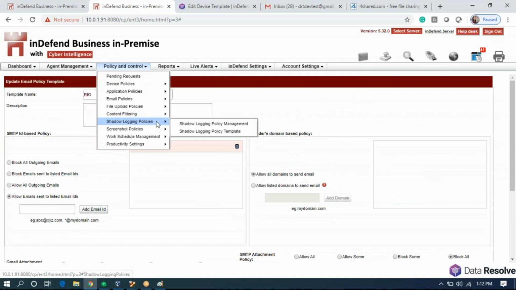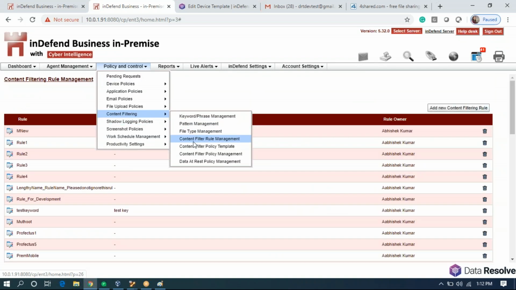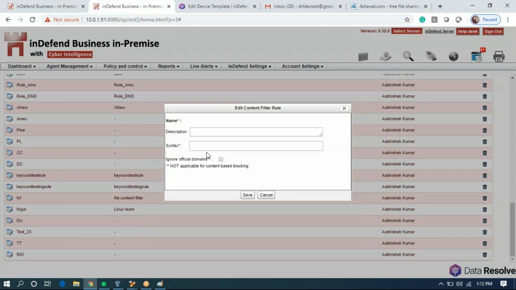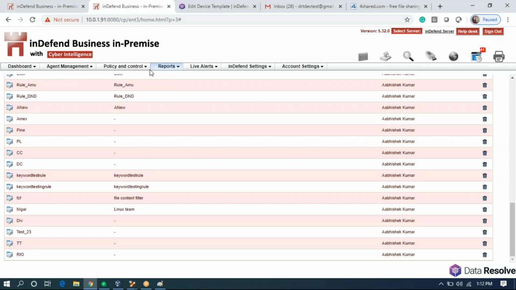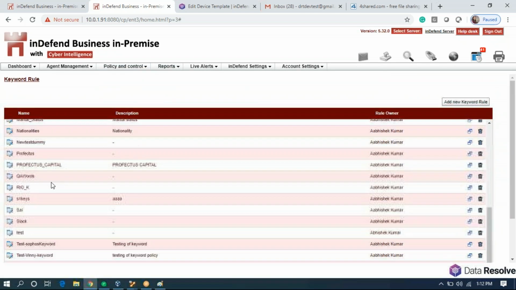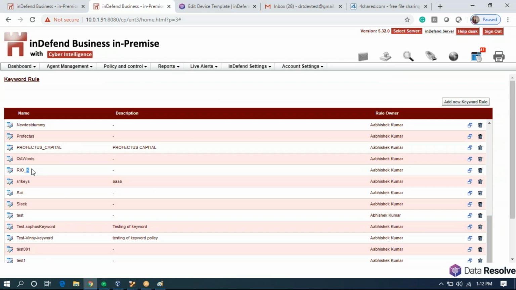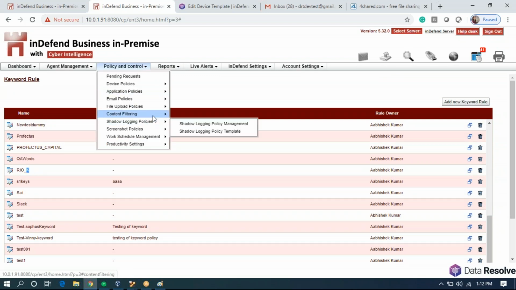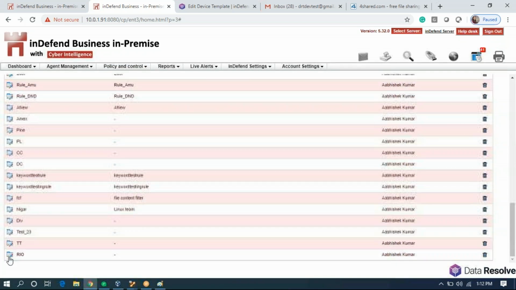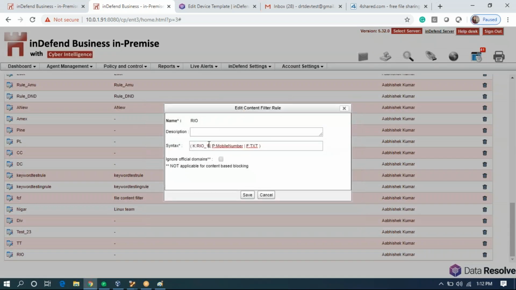Let me also check the rule Rio once more. Okay, it was Rio underscore K. That is why this rule did not get triggered.